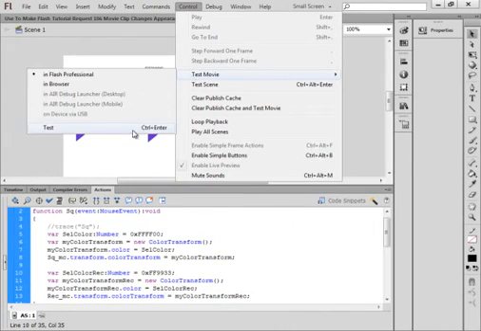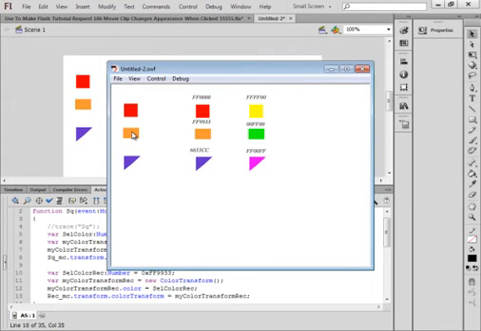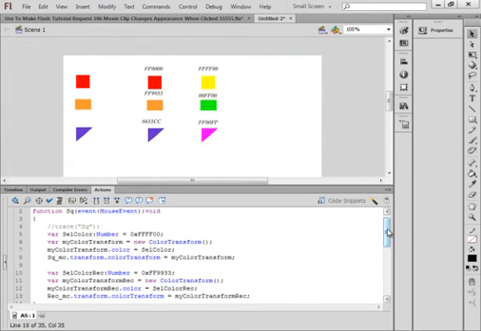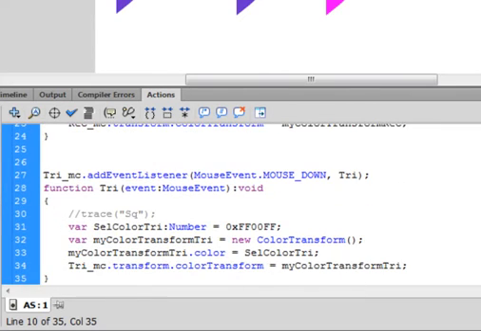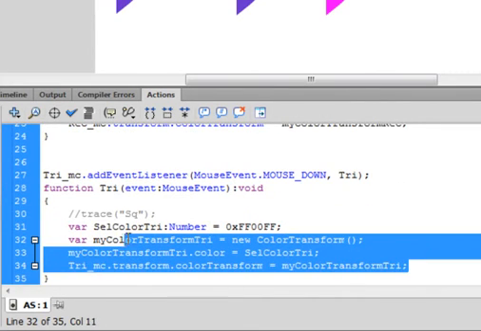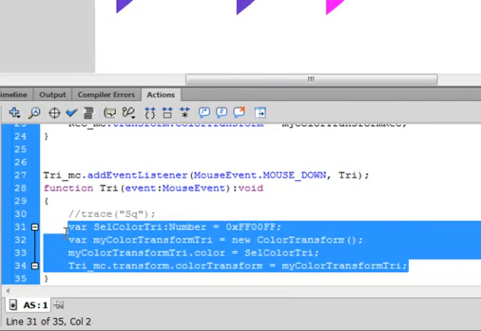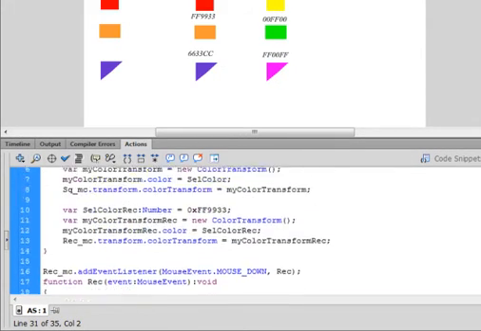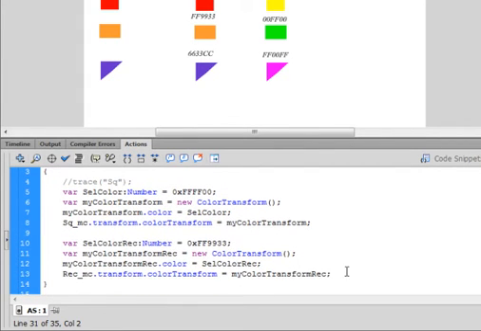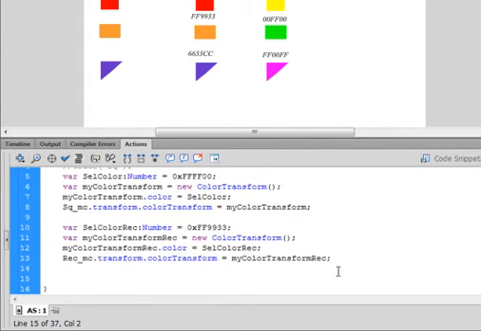Test movie, test. So if I click the rectangle, it turns green. Now when I click this, the rectangle should go back to the beige color. That's good. All right. So now we want to be able to have the triangle go back to its color. So come down to the triangle, copy those 4 lines, come up here after this rectangle, couple enters, paste that in,